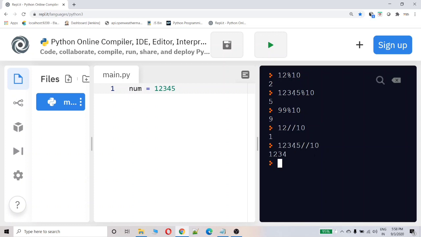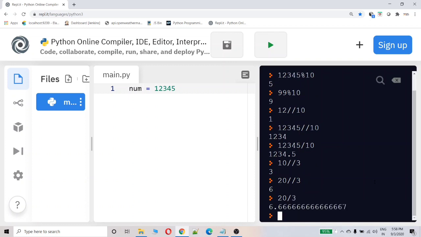Normal division will give me the floating point value. This floor division removes that and returns only 1234. Okay, likewise you can see what exactly it does. So it is not rounding the floating value to a higher value.